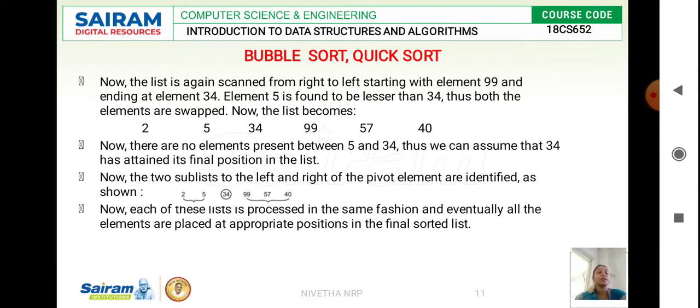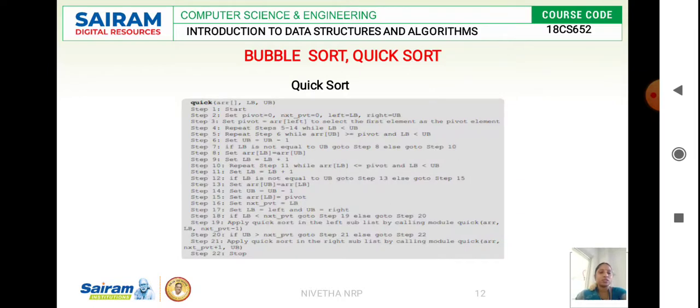We choose a pivot element, and the values less than the pivot element are placed towards the left, and the values greater than the pivot element are placed towards the right. But the right subarray and left subarray don't ensure that they are sorted. So to sort that, again we compare the first element and the second element in the left subarray, and the first element and second element in the right subarray. When the first element is less, we don't disturb it. If the first element is greater than the second element, we start swapping. This is the logic we have.